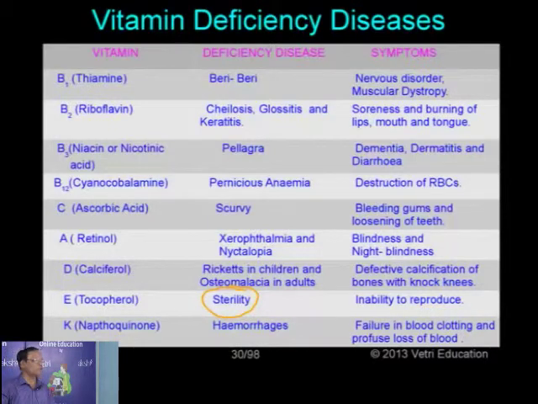Now the last one, vitamin K, naphthoquinone. This is one of the vitamins helping in the formation of one substance called prothrombin, a substance taking part in the clotting of blood. So at times of injury, what will happen? The liquid blood gets converted into solid. Then only it blocks the injury opening, so that there is no continuous loss of blood. And that is brought about by one substance, prothrombin, a protein.